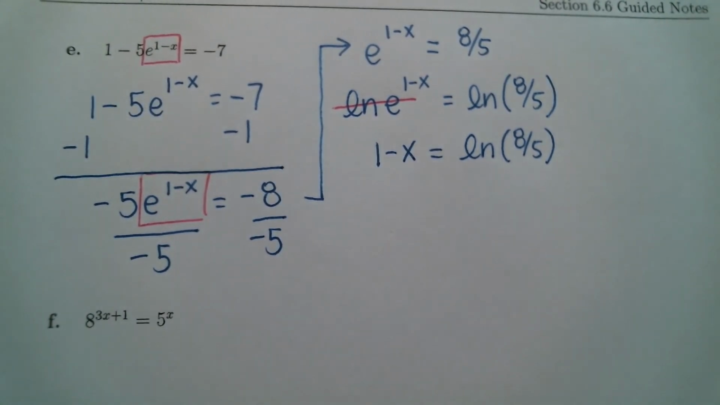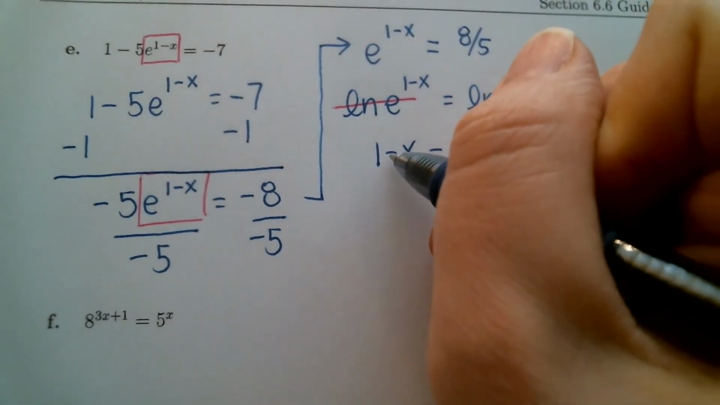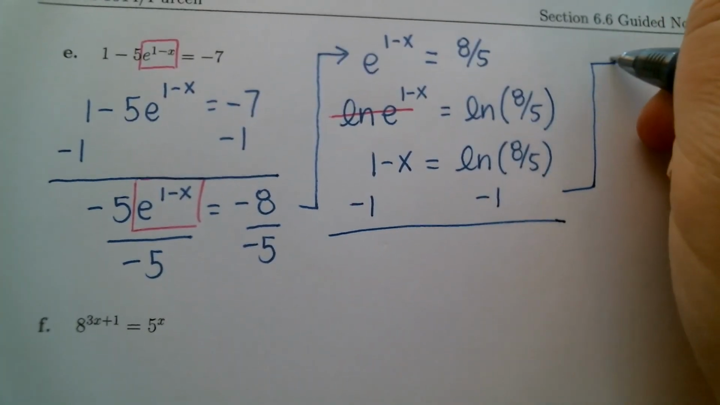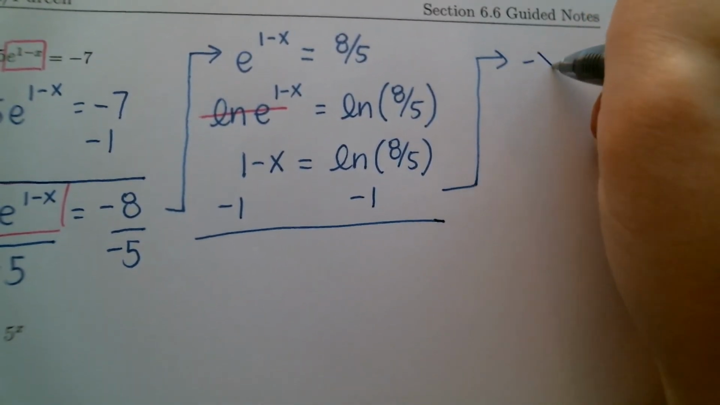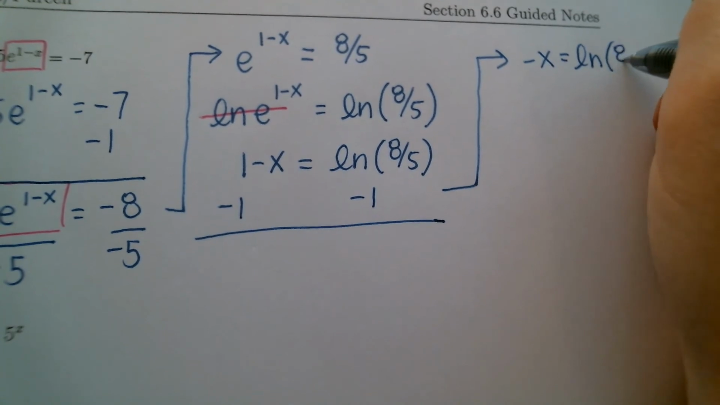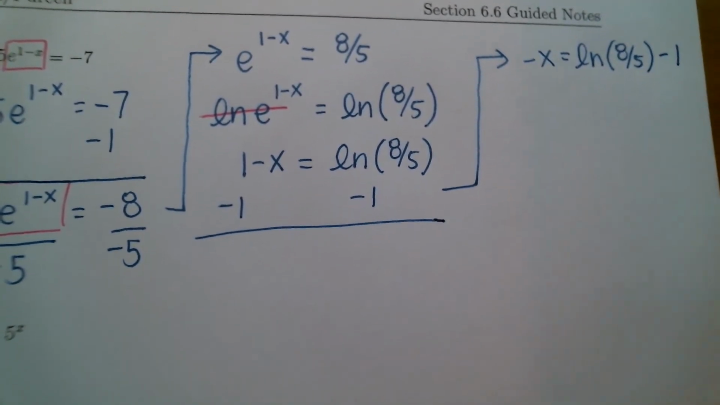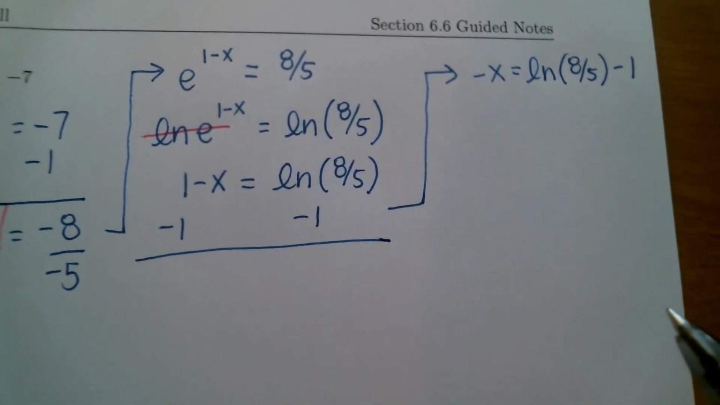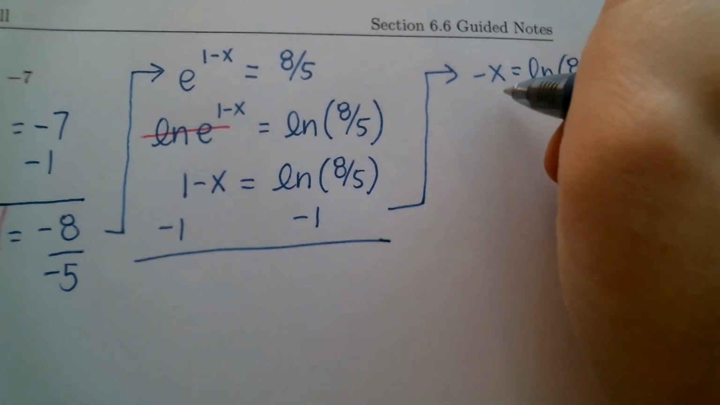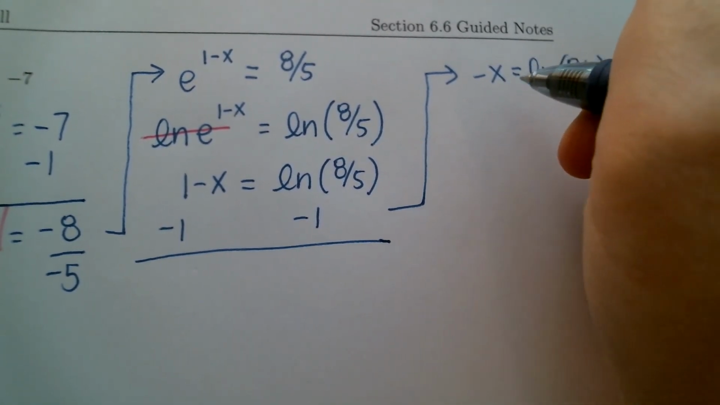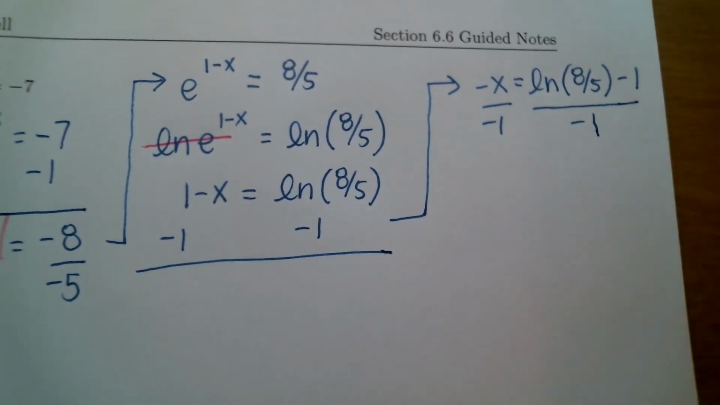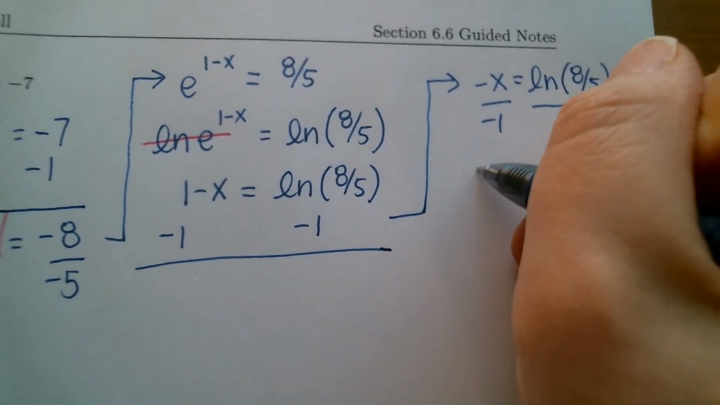So now we need to isolate the x. So we got to free it up. All right, so this is 1 minus x. The 1 is positive, so we're going to subtract the 1 off. So in our next step, we're going to get that negative x is equal to the natural log of 8/5, that quantity, minus 1. And then if you want x by itself, x is being multiplied by negative 1, so you need to either divide off the negative 1 or multiply both sides by negative 1. So it's going to look like this. Negative divided by negative is positive, so x is going to be,